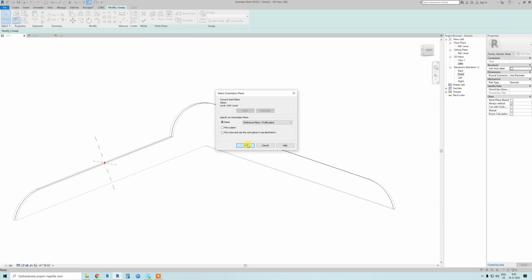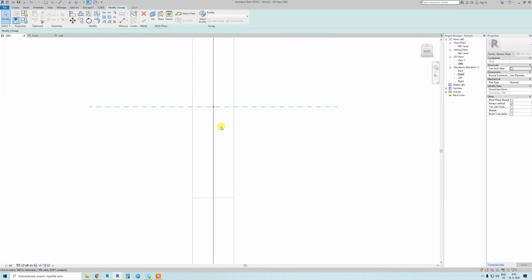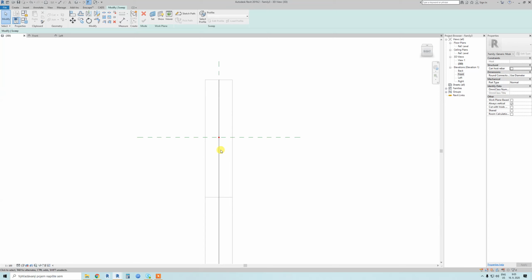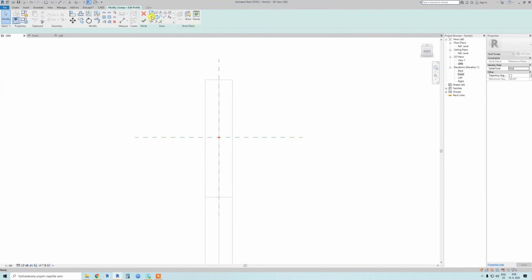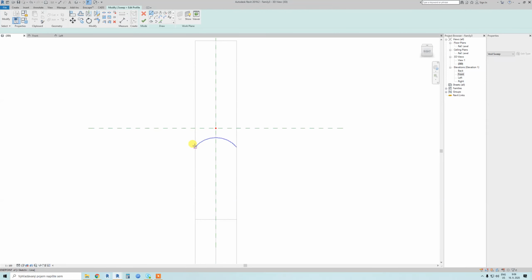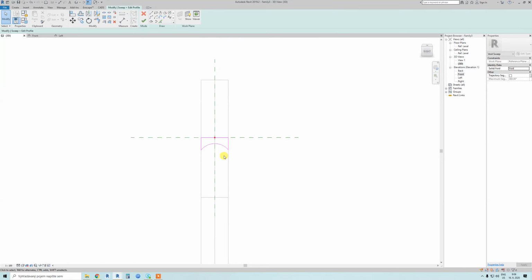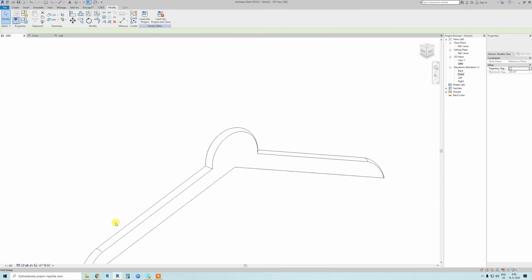I click OK, and you can see I now have an exactly perpendicular view on this profile. So again, click on the profile, go Modify Sweep, edit profile. Now I will make the sweep just the shape of the void. You don't align anything now, it won't change it. We just want a hanger with one size. Click OK, click OK again,